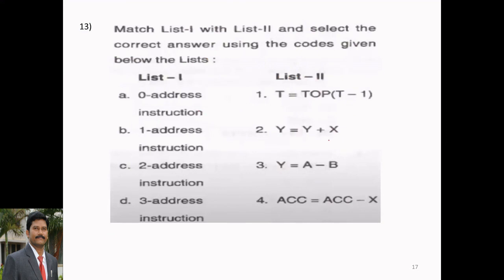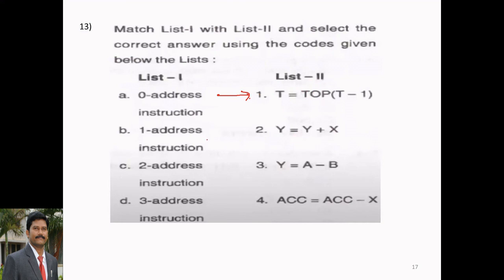0 address instruction, find out in this. Yeah, a 0 address instruction is one which uses the top of stack. Okay, stack memory, so this is compulsory. TOP means top of stack. That is related to 0 address. Okay, no addresses are there in this, only the top elements in the stack memory, that is, the operation will be done in the stack, top of stack.